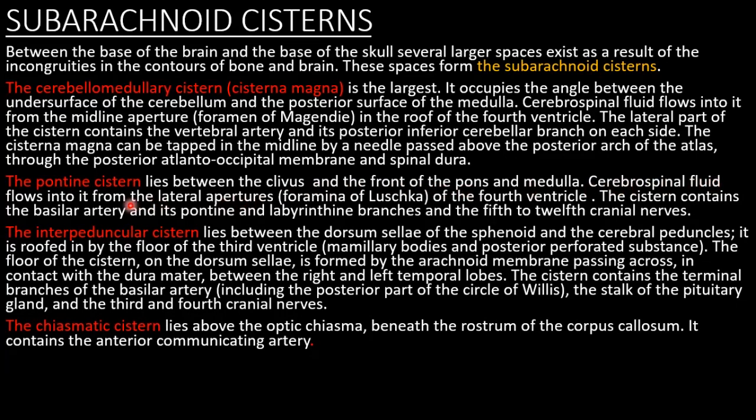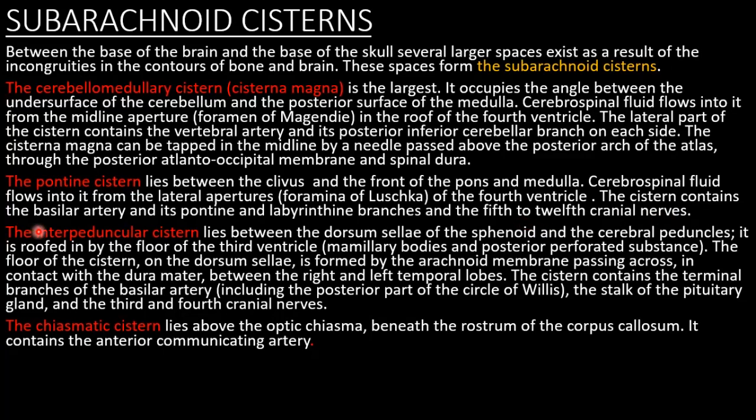Cerebrospinal fluid flows into this cistern from the foramen of Luschka, that is from the fourth ventricle. The cistern contains the basilar artery, pontine and labyrinthine branches of the basilar artery, and also contains the 5th to the 12th cranial nerves, which emerge from the